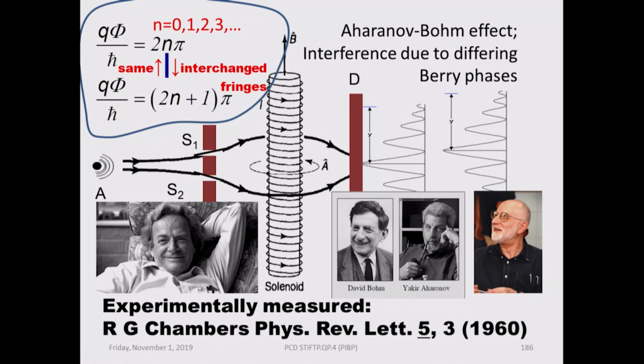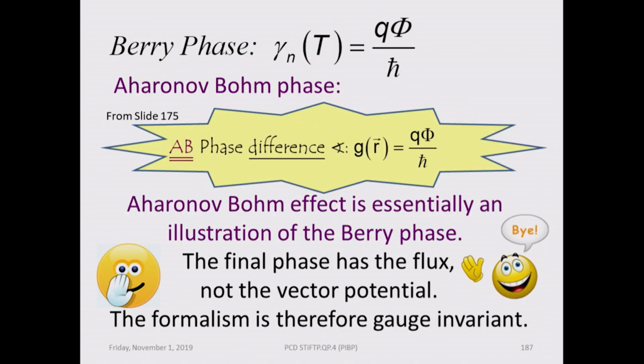There is no classical analog for this, okay, because classical electrodynamics relies on causality, whereas this effect is coming from the geometrical phase in the solution to the Schrodinger equation. Okay? So, the Berry phase and the Aharonov-Bohm phase are exactly the same,